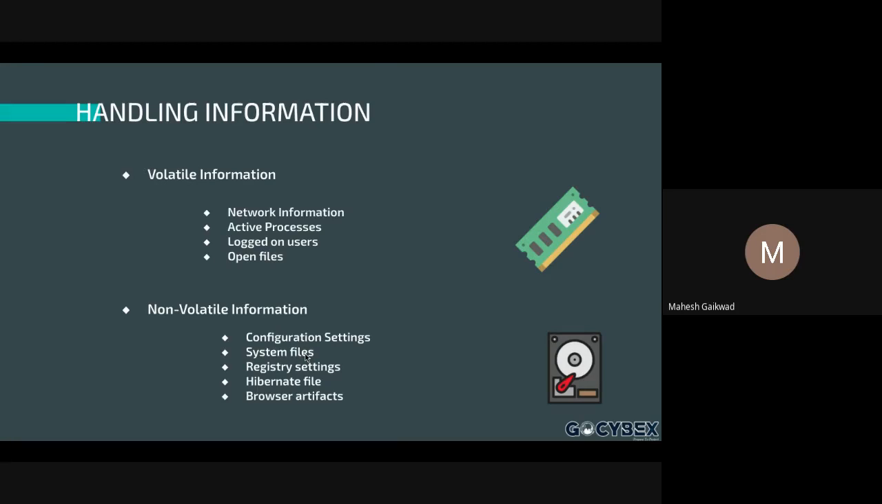Or all these applications will be there, because if you restart, it should not be uninstalled. That is the reason why system files are on the hard disk. Registry settings, we will know what these registry settings are. Bear with that. Hibernate file, you might have seen in the shutdown options,